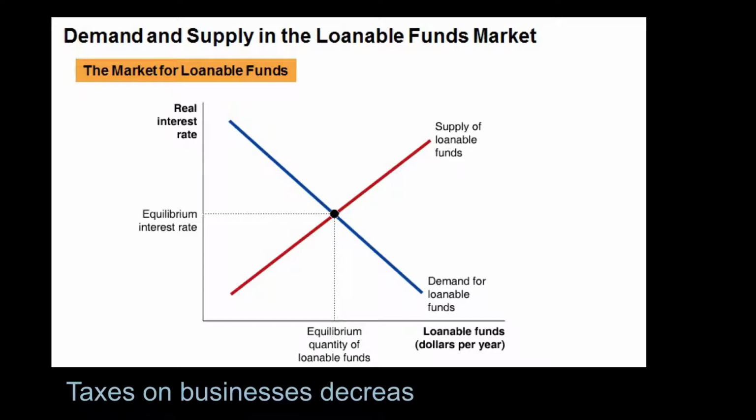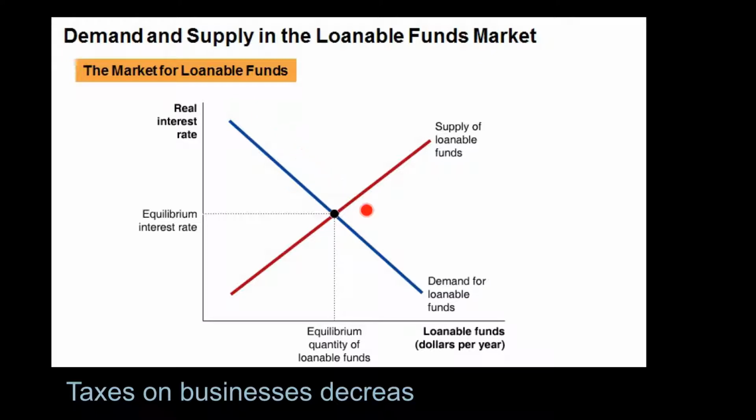All right, here's another scenario. Cutting taxes on businesses. So businesses pay taxes on their income. If you were to decrease the amount that they're going to have to pay in taxes, you essentially have increased the return on an investment. So I was going to do an investment, and after taxes, I'm keeping, say, $1,000. Now you're taxing me less, so after the investment is over and the taxes are paid, I get $1,200. When you increase the reward to investing, then you're going to see more investing.